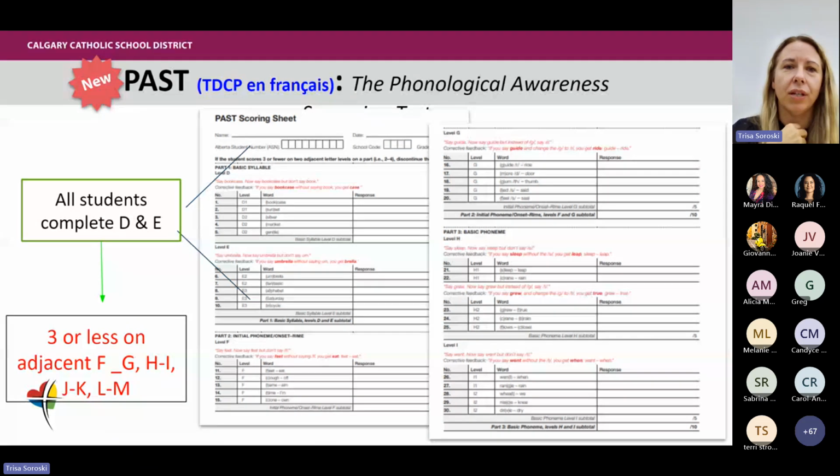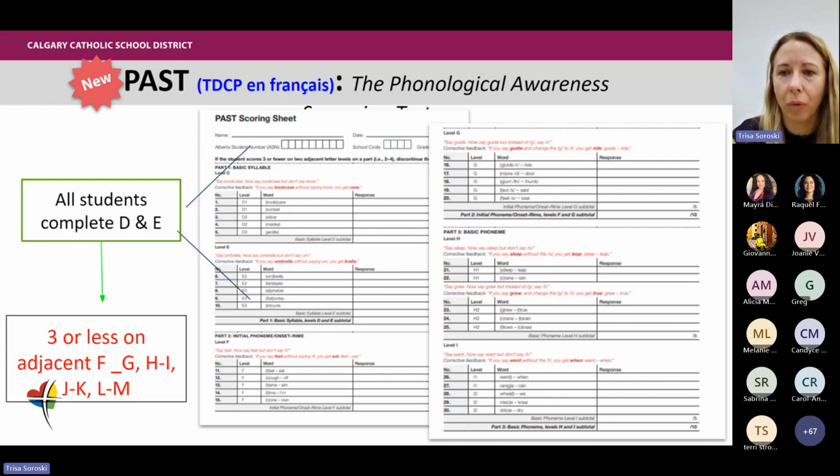And so the reason for the rapid automatized naming test is you're looking for a student's ability to recall something familiar to them. That's why they're using numbers, because numbers at this time would be more familiar to a student than letters. And so that's how we do the RAN.